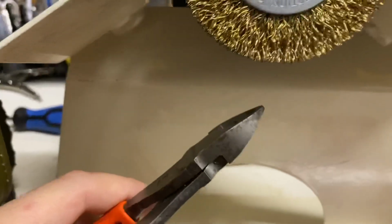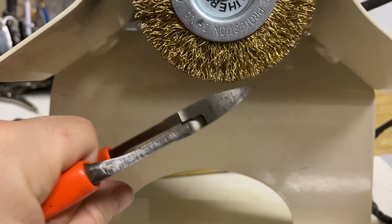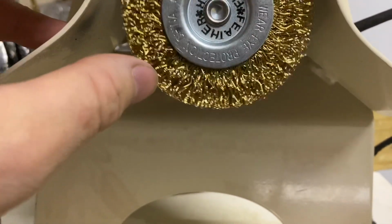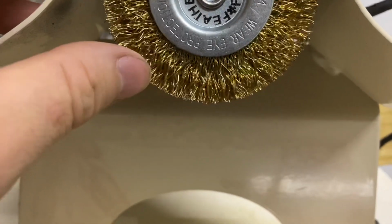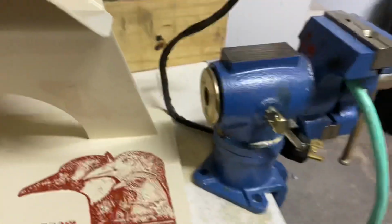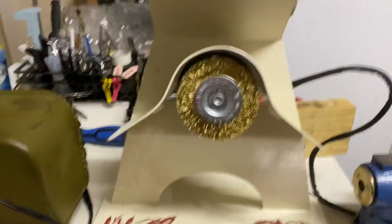So what I end up doing is I'll go through and slowly rotate it, and I'll take a pair of dikes, diagonal cutters, and trim up all the ones that are sticking up a little bit too far. And then once you got it pretty good, you'll cut the flesher on. And then some people were saying that they